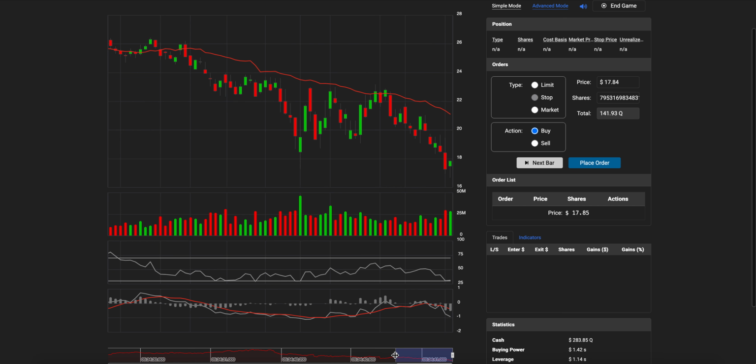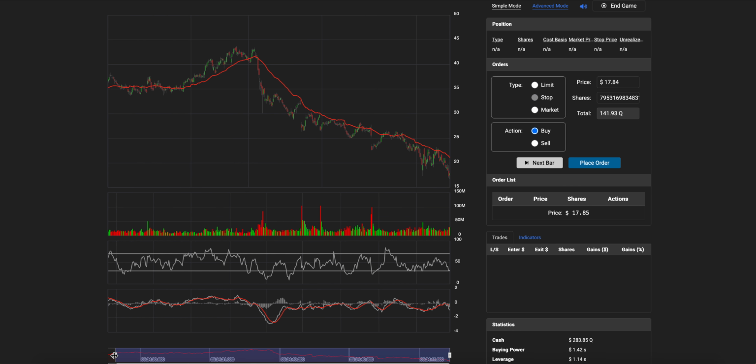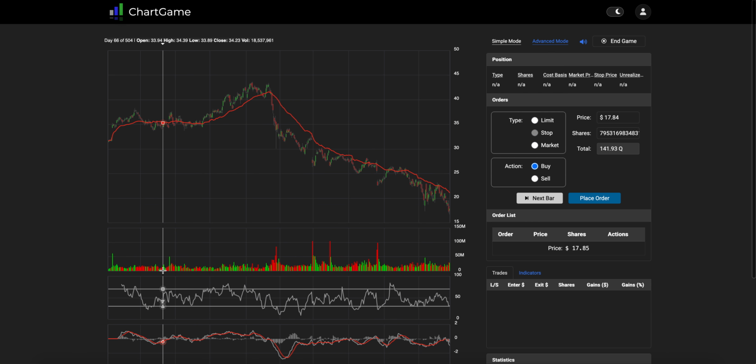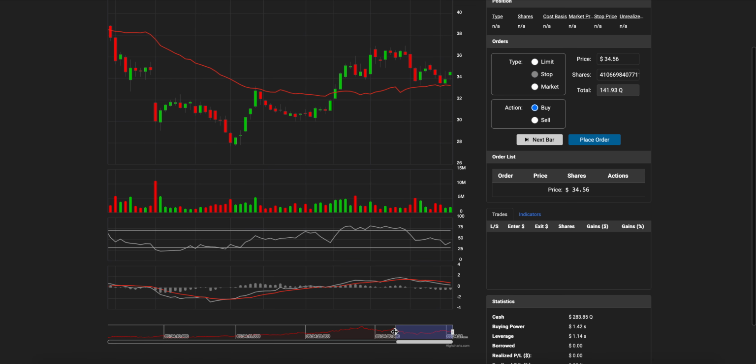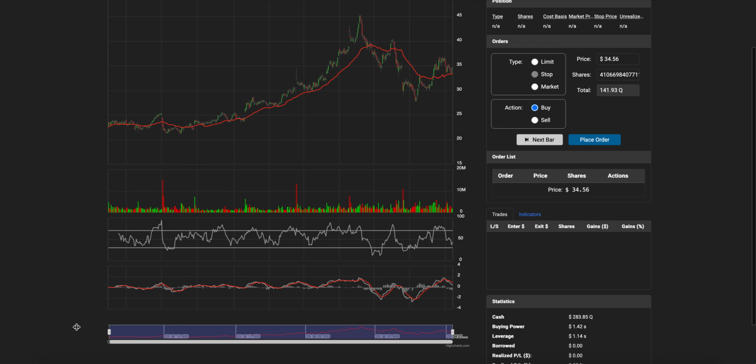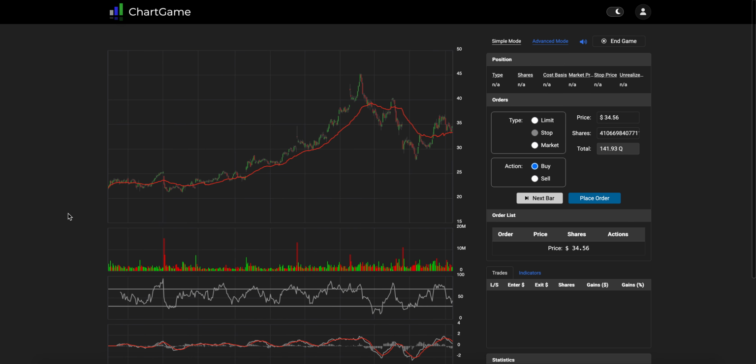It would be nice to find a short structure because all I really post in here are longs. It's just hard to find because most names are in a higher time frame uptrend. So without enough information, if you try to short it, you're shorting some level of support that you can't see, and it just makes it a little bit more difficult. Okay, so